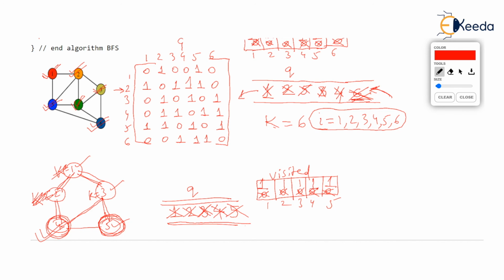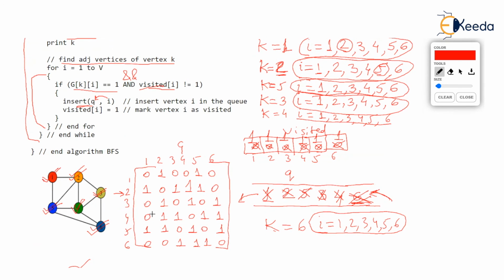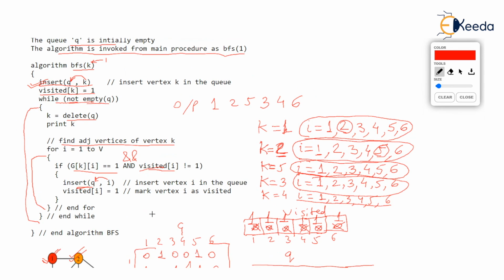So the algorithm stops. By the way, before I end the video, I would like to tell you that such difficult procedures, or rather, this entire procedure will not be asked in the GATE exam because GATE is objective type. But my methodology, and rather any teacher's methodology to teach data structures or any programming topic is, I want the students to know the program. You should know the procedure in and out. Only then you can attempt the objective type questions within a few seconds.